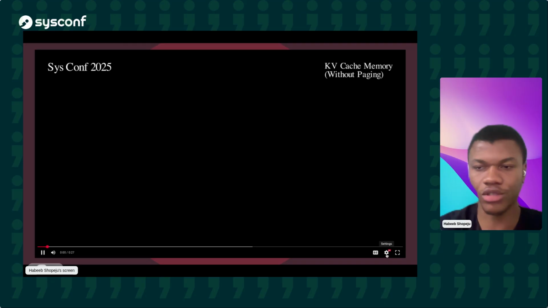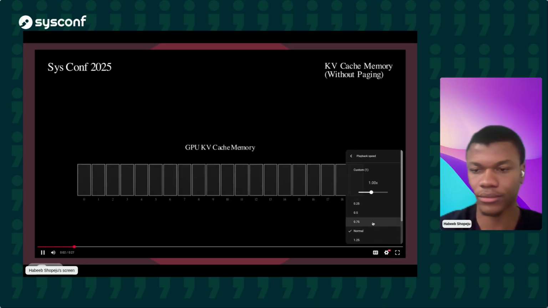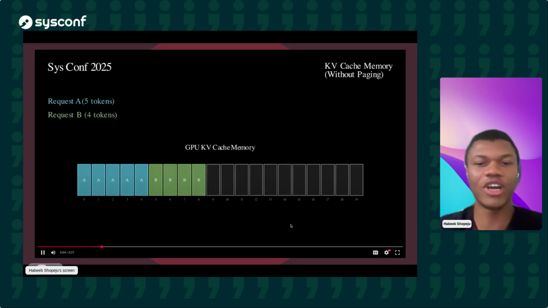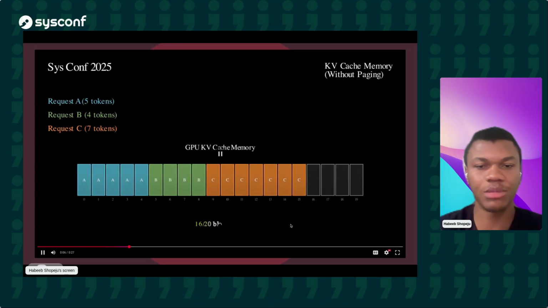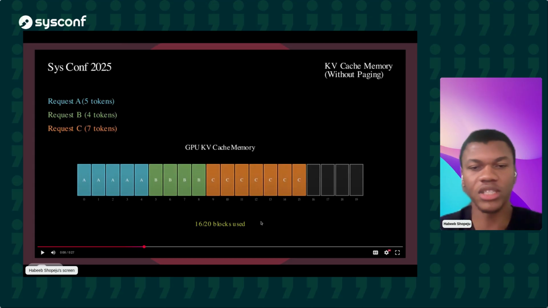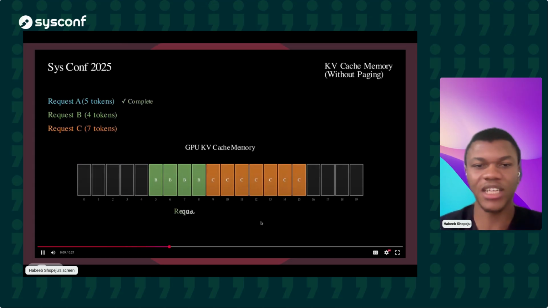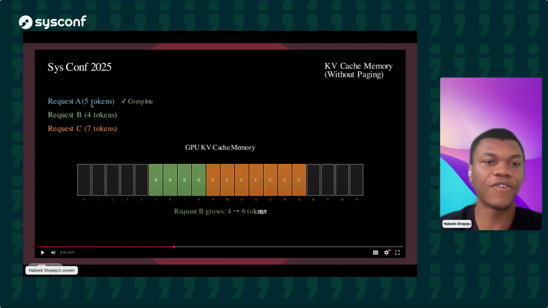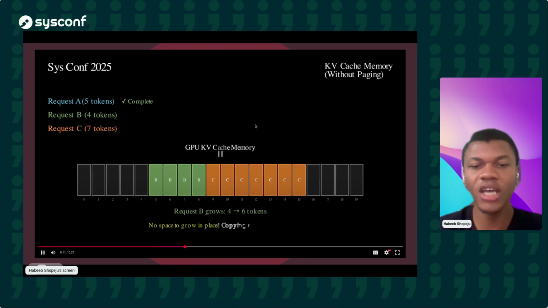And I'm just going to show that quickly here. So imagine you have your KV cache memory, and then you have 3 requests, one dealing with 5 tokens, one dealing with 4 tokens, and one with 7 tokens. That's fine. That's good. But then the first request is completed. So now you have all of this space left. Then request B grows to 6 tokens, probably because you need to generate more text.